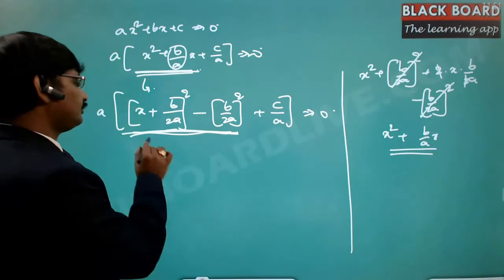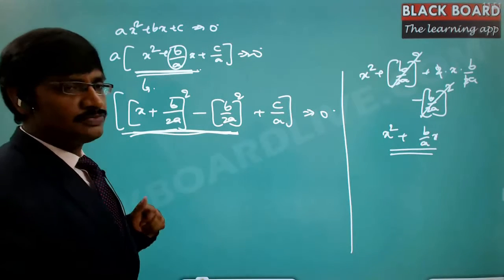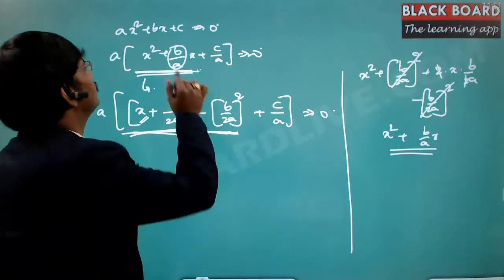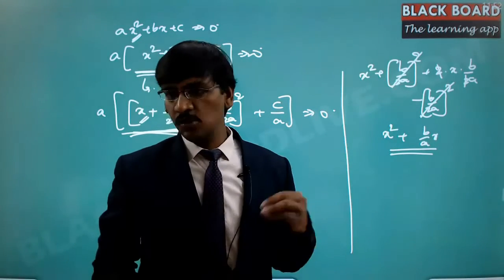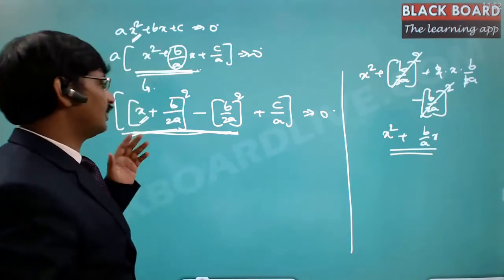Now here actually, this is how I have written. Out of this, why I have written in this format is, I will be able to separate the value of x. In this equation, x square is there. But actually, I wanted to express the value of x alone. That means there shouldn't be any square. So for that, I have brought in this format.